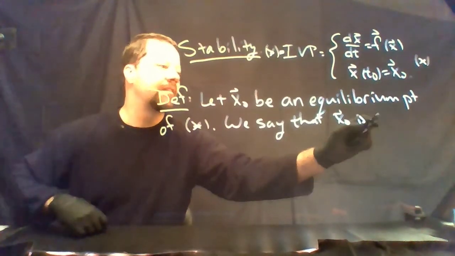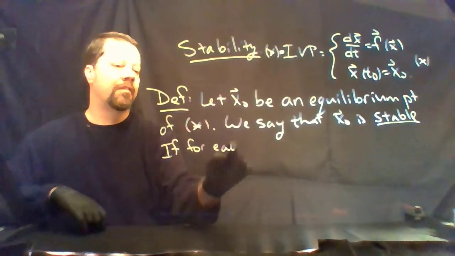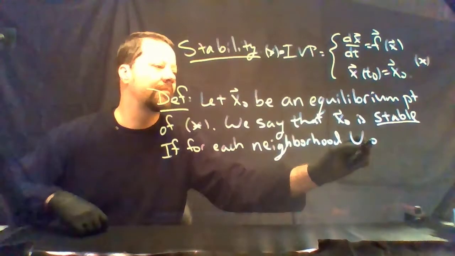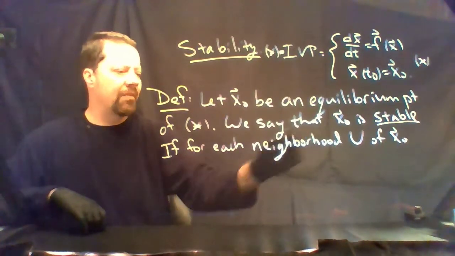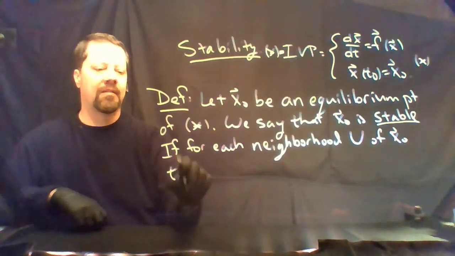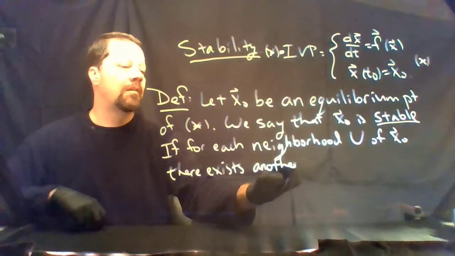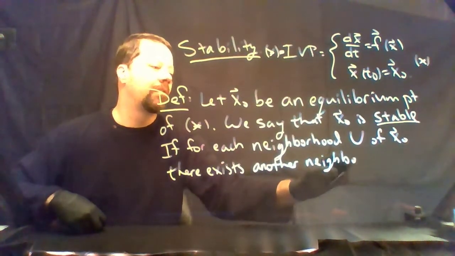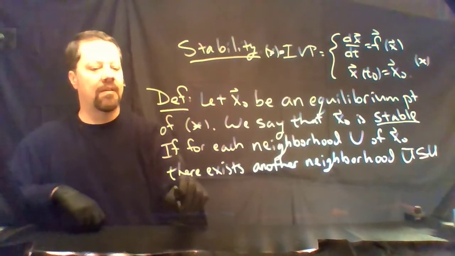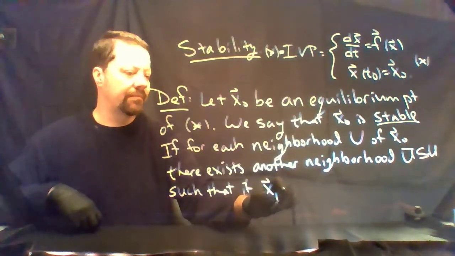We say that x naught is stable if for each neighborhood U of x naught, (by the way, a neighborhood is any open set that contains this point), there exists another neighborhood U bar, which is a subset of U, such that if x1 is an element of U bar,